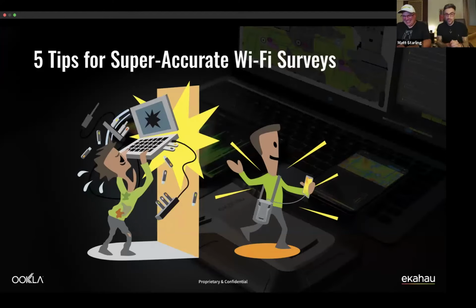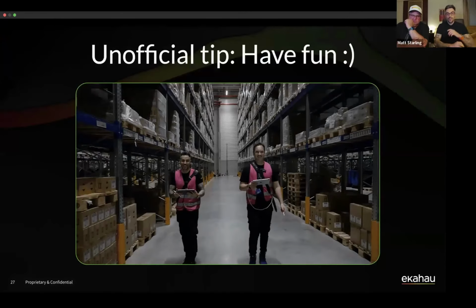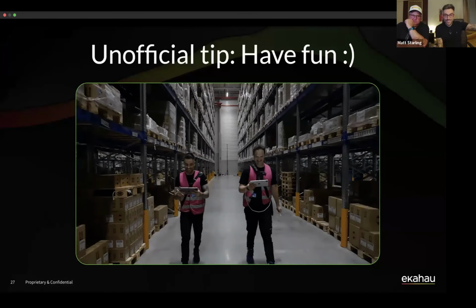But Wi-Fi surveys, they are so important. Whatever method you want to take, whether it's the measured survey data or the predictive modeling traditional method, you still need to do a site survey to understand your environment. It's so crucial to understand how many interferers you might have, what channels you can use, the attenuation of your materials on site, and also just doing a visual inspection of where you can place access points, cable runs, that kind of stuff. So first unofficial tip is have fun.